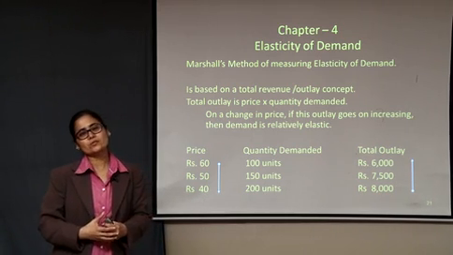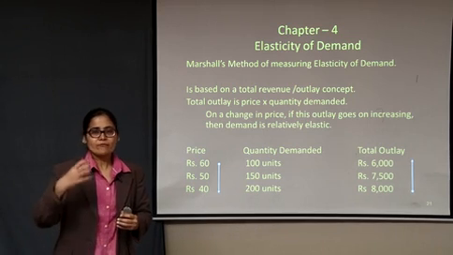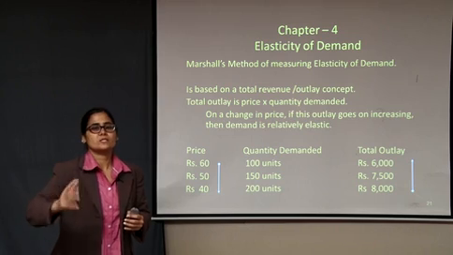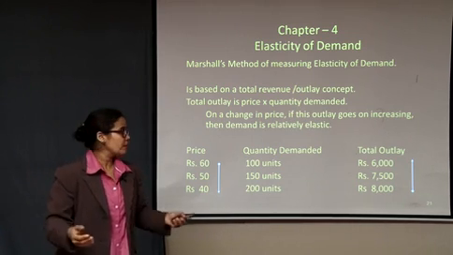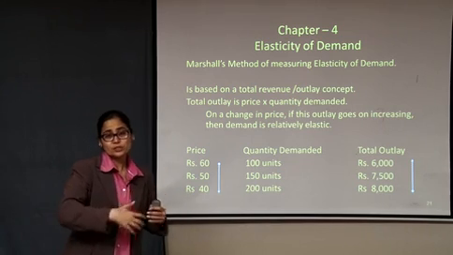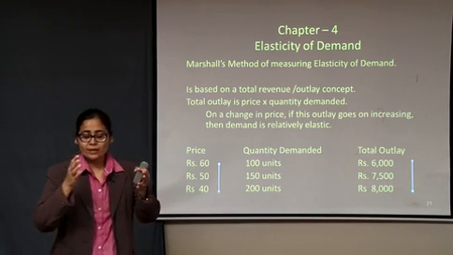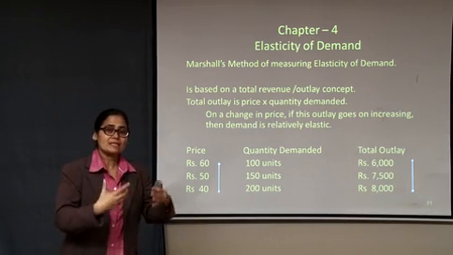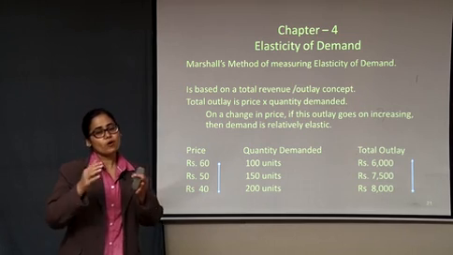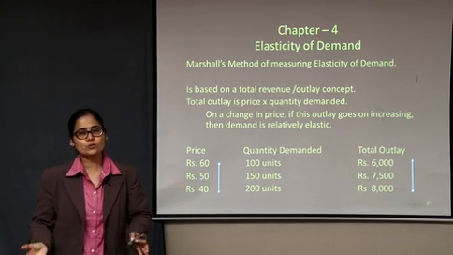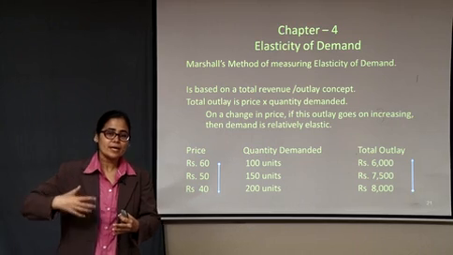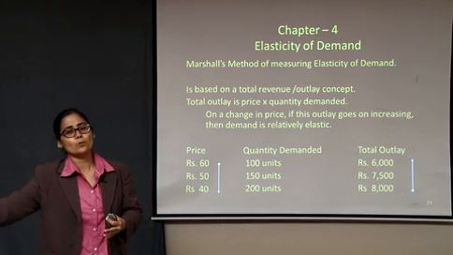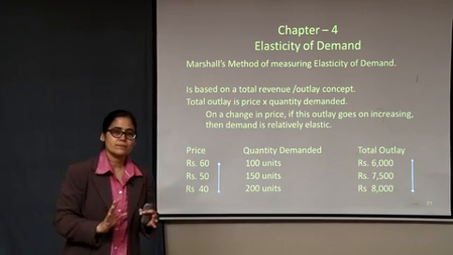So what did you understand, students, in this Marshall's method is that when consumers are more reactive, more responsive to the price change, they will be spending more. Their expenditure will be increasing. So we understand that this is a case of relatively elastic demand. So relatively elastic will always take place for comforts, luxuries, or all those products where people are buying more in quantity, or the proportionate change in demand is much more than the change in price.